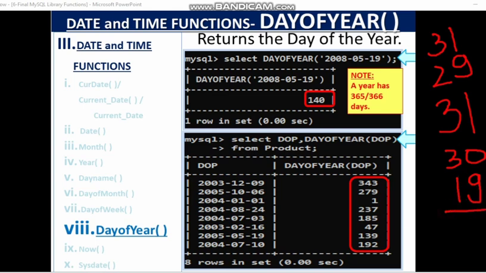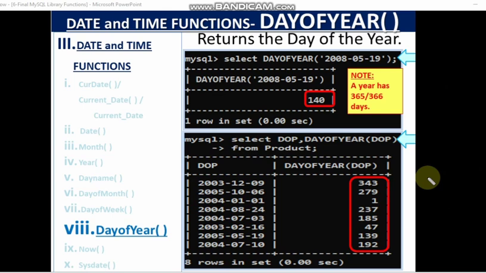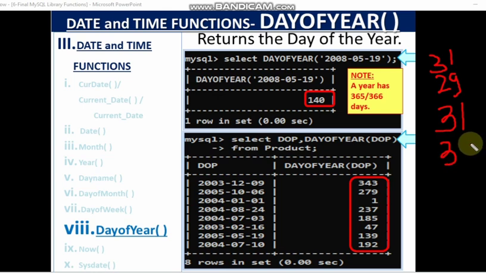So if you add up 31 plus 29 of February, 31 of March, 30 of April and 19 of May, you will get 140 as the answer, right? So it is the 140th day of the year.